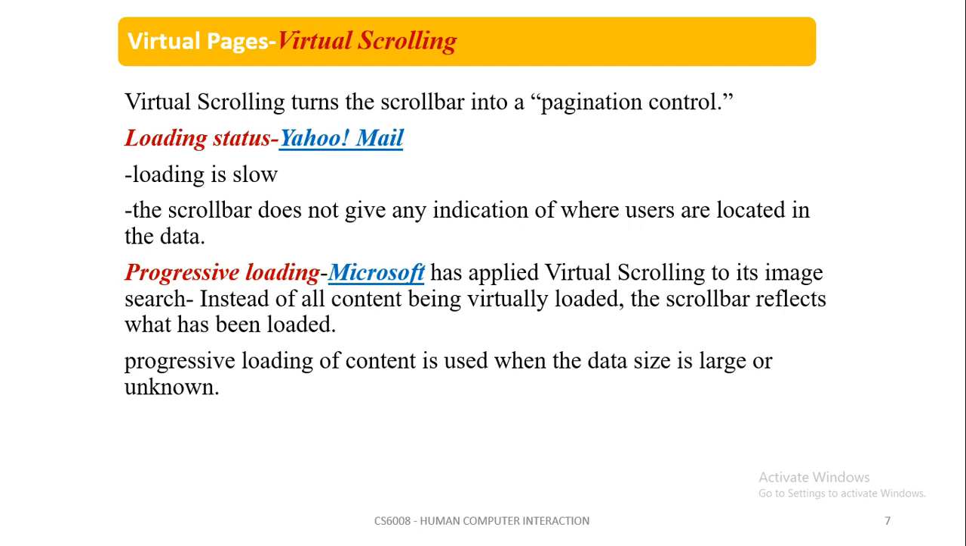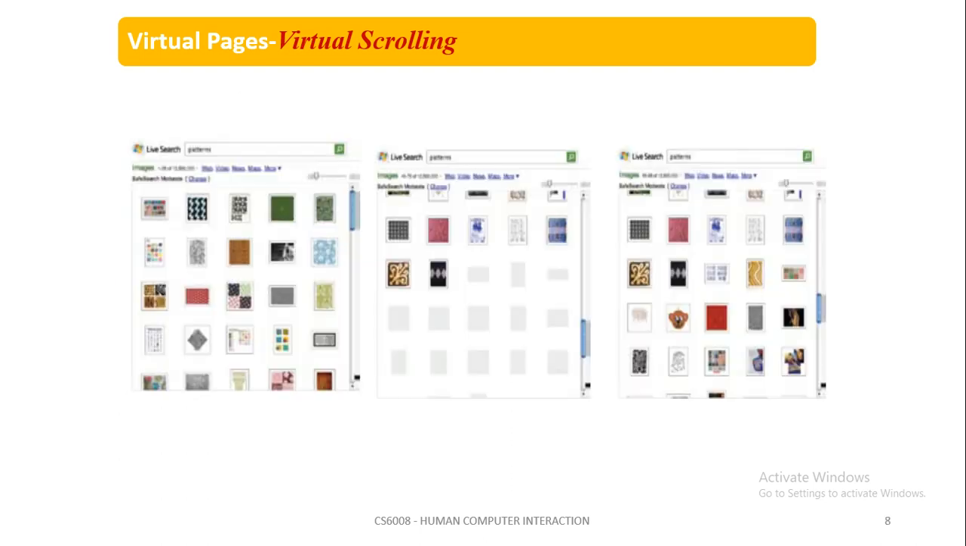Microsoft website also applies this visual scrolling for its image search process, and here instead of all the content being visually loaded, the scroll bar just shows what contents has been actually loaded. So it is of the type like progressive loading that is used when the data size is large or when the size is unknown. You can see this in these three pictures. The first picture shows the web page of Microsoft Live Search. Here the images